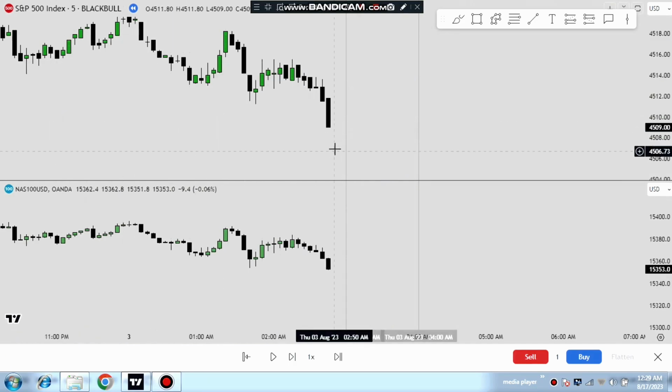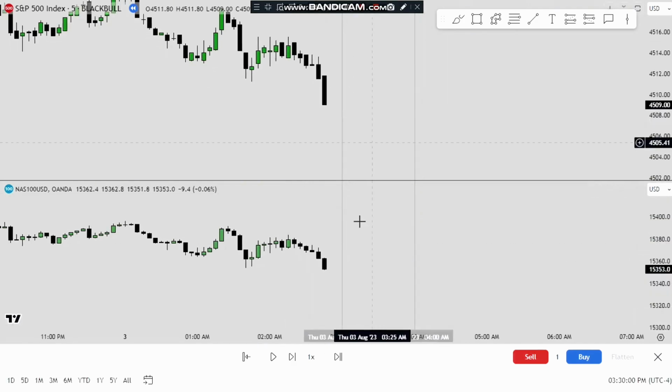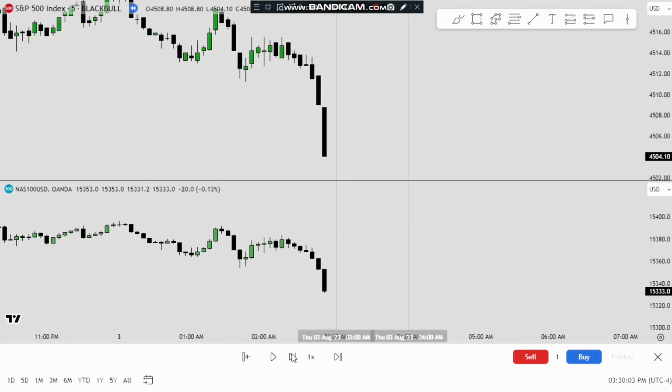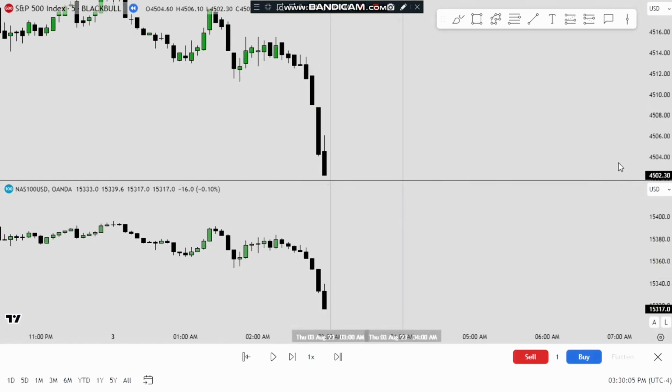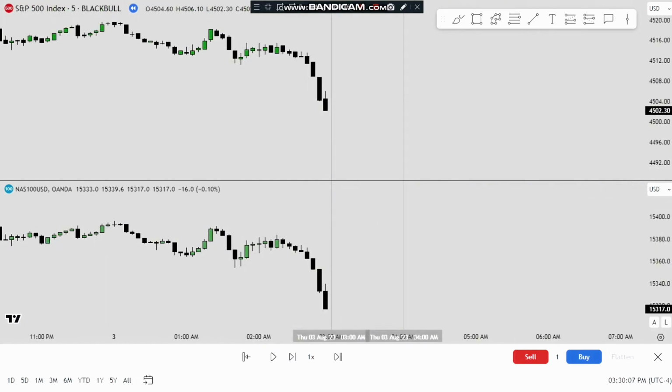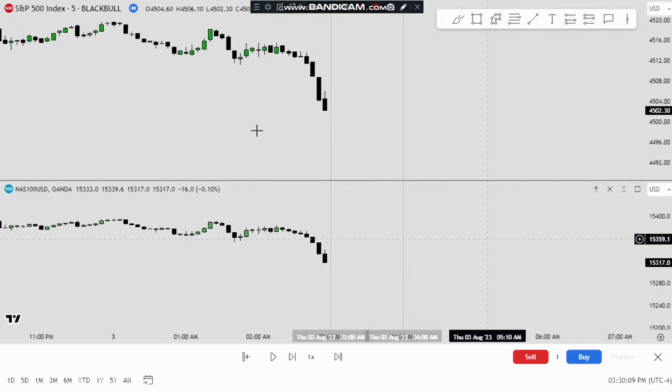Okay, now this is 3rd August. I will backtest it from 3rd of August. So let's see what happens. Now you can see this is the 3 to 4 a.m. window. I will forward it. Let's see what happens. So the price is going down in both S&P and Nasdaq, but still there is no